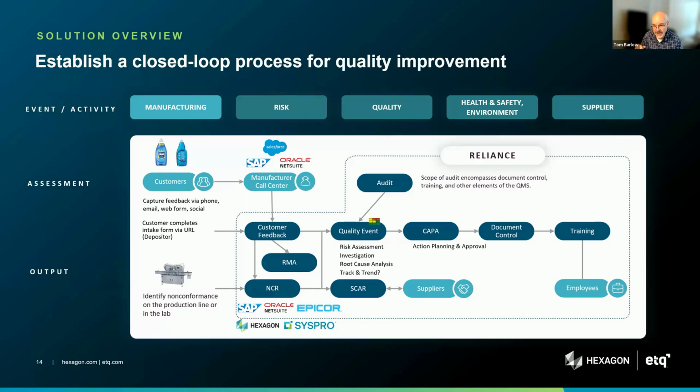We call it track and trend, because track and trend means, no, we don't have to do anything more right now, but we want to track and trend it so that later we can evaluate the types of issues that we're having in the bigger picture. And once again, across the entire enterprise because of that harmonization. If it's worthy of a further action, we can click a button and launch a corrective action, which then ties